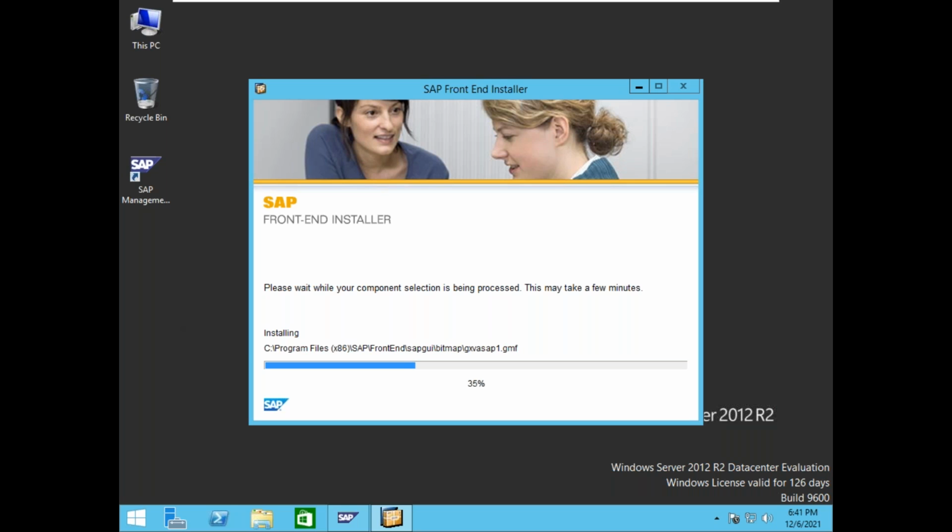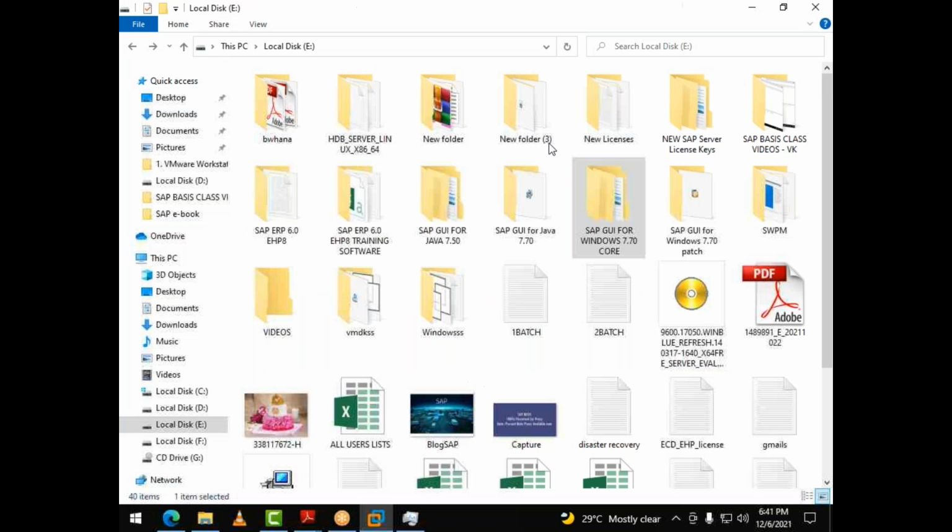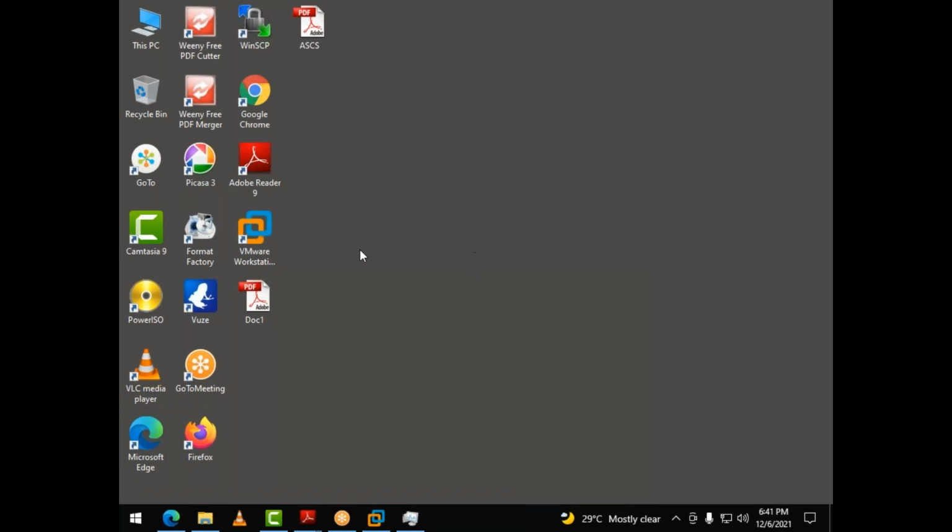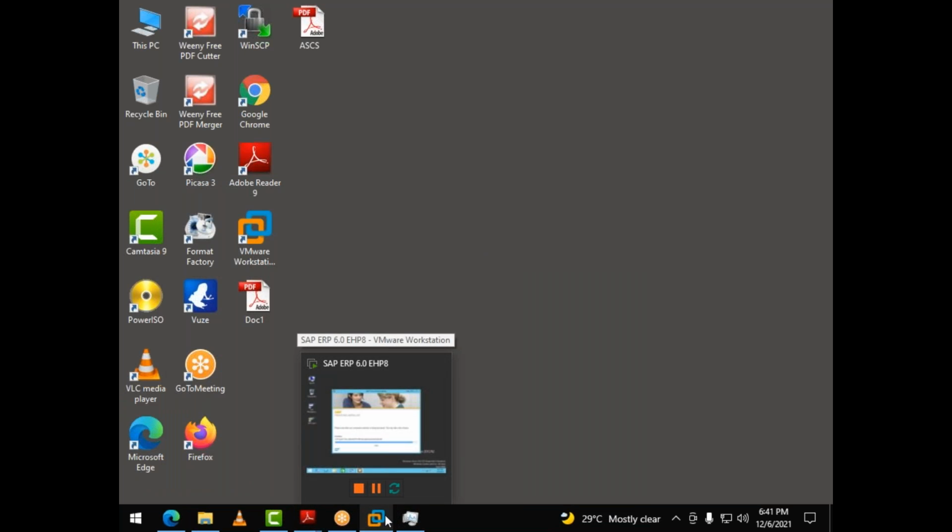So this GUI software is there, right? So now you are installing inside VMware. In a company it is outside, not where the SAP software is installed. Suppose in my personal laptop I have this SAP GUI software outside, can I connect it to that virtual machine in VMware? Yeah, it's possible. From here also I can connect. This is Windows 10, and from here also I connect to this virtual machine.